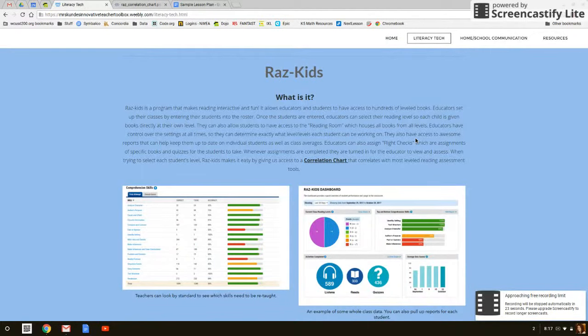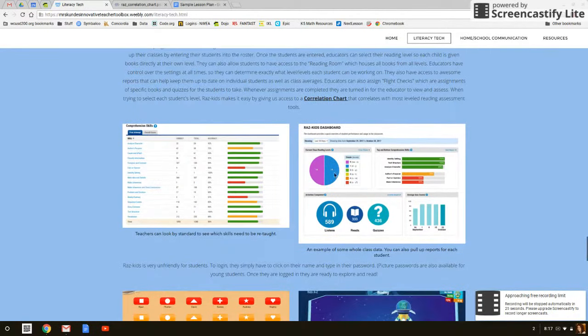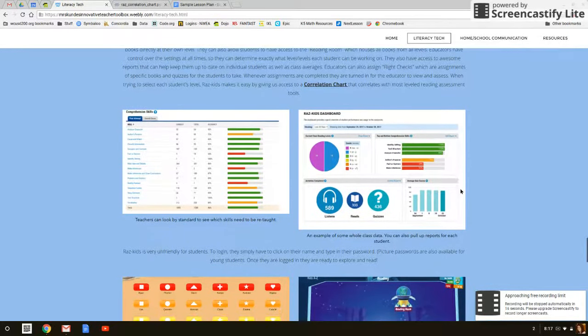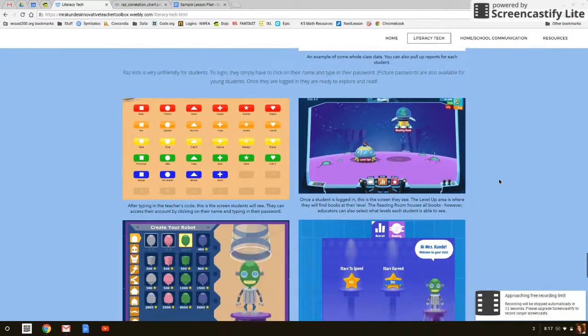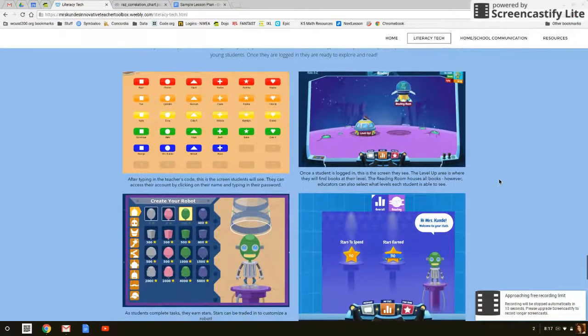And then just some different reports that you can use. And this is from the teacher side. And then this is what it looks like for the students, and all the different